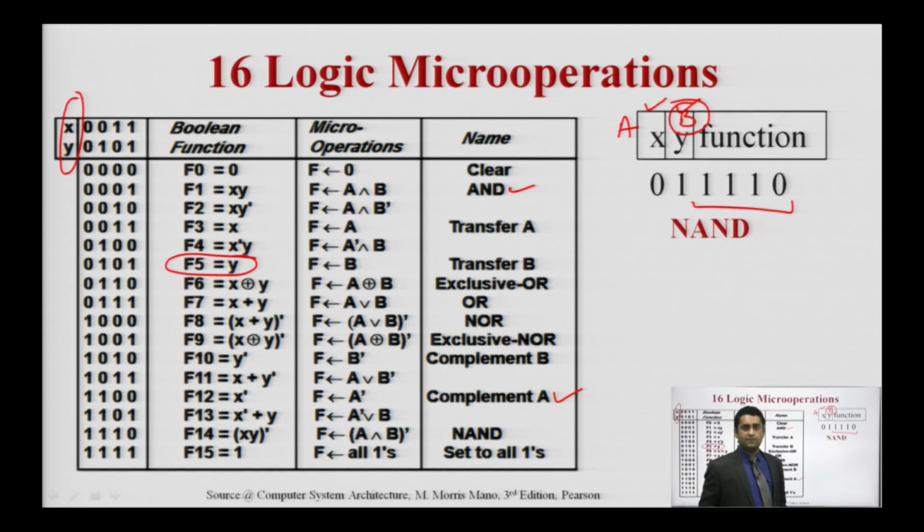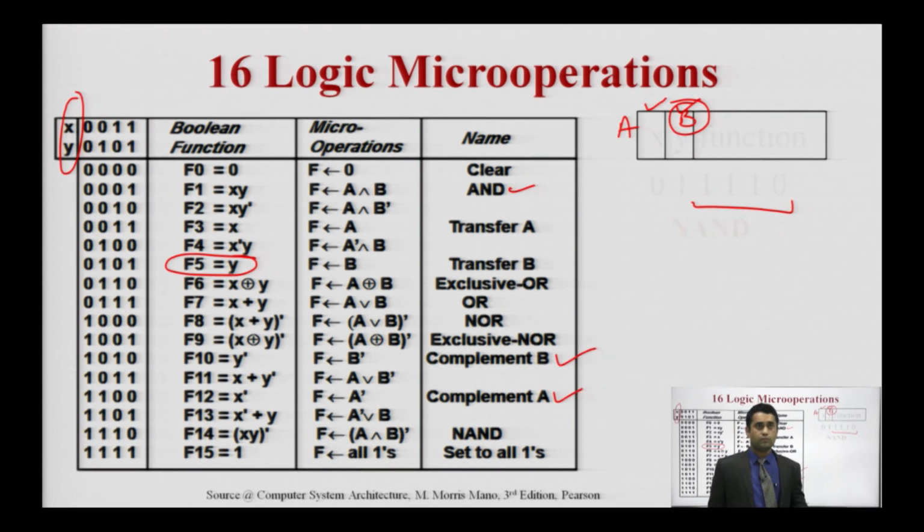So there is no requirement of Y, means B. In this case the system will automatically ignore the second operand, and only the first operand is used to apply a particular operation. Similarly, when we are talking about the complement of B, in this case X is ignored and the Y is used to just complement a particular value. So, this is all about the 16 logical operations which are derived from those 4 from the logic circuit.